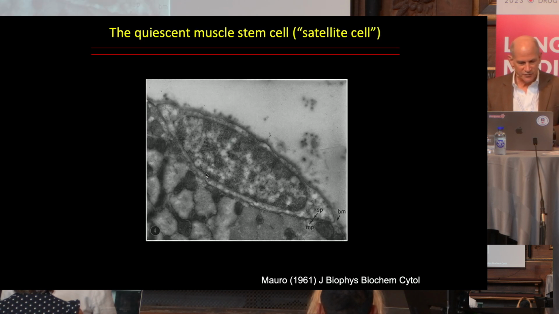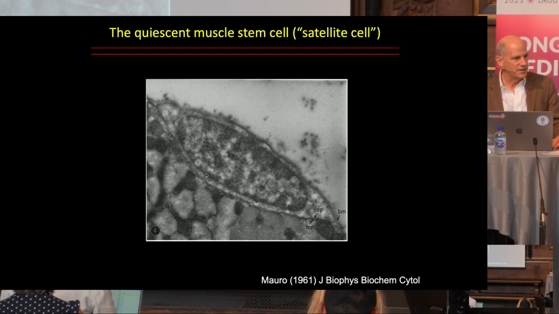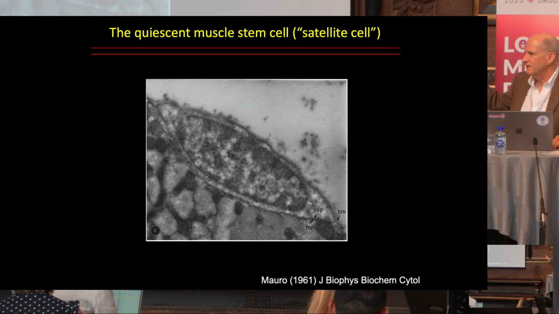The cell that is responsible for that remarkable regenerative capacity is the muscle stem cell, also called the satellite cell. It was named this by the person who discovered it, Alexander Mauro, in 1961. He was doing electron microscopy of muscle, and he discovered this tiny little cell sitting adjacent to